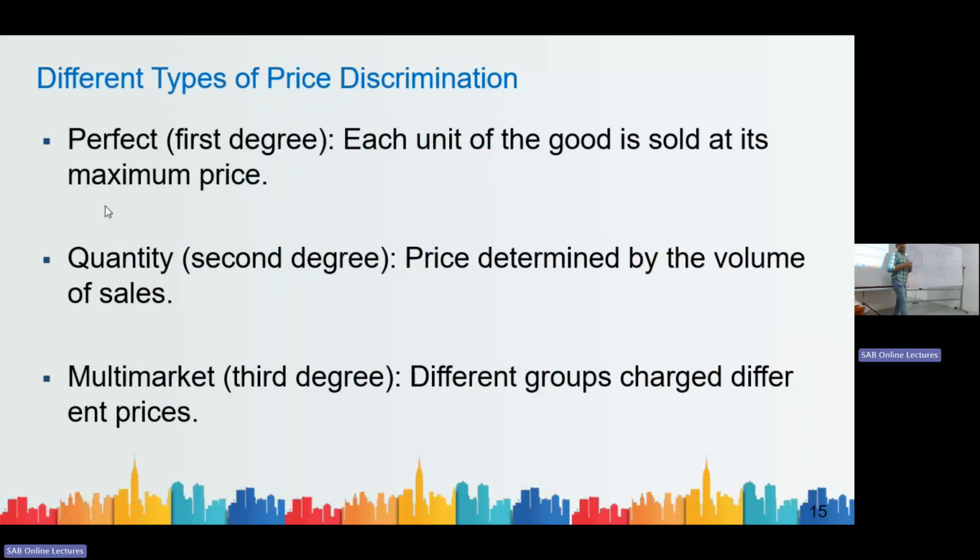So second degree price discrimination happens in these two ways: bulk purchasing and block pricing. And the third type of price discrimination happens in airline companies and cinema theaters. In the cinema, the lower class price is lower,